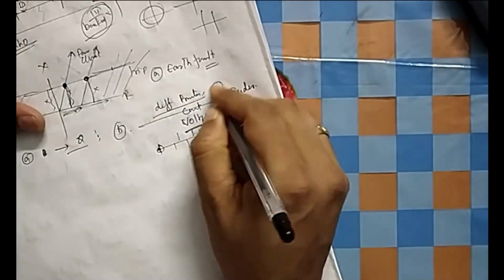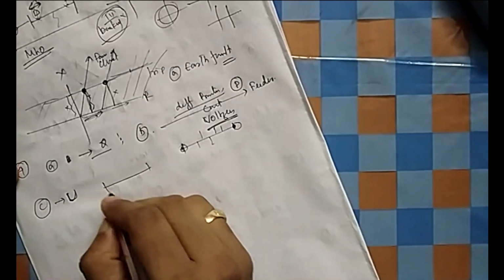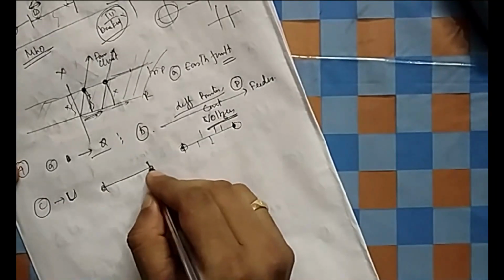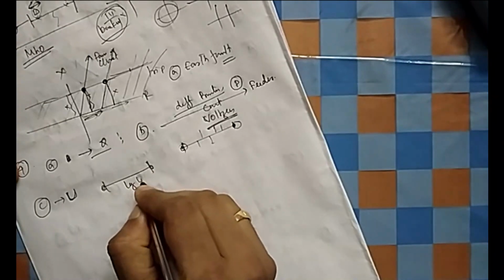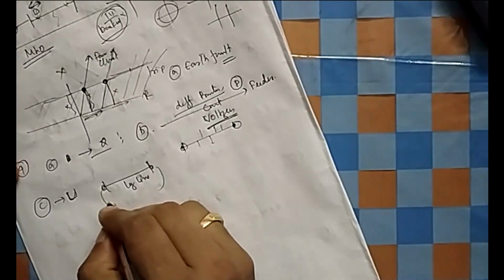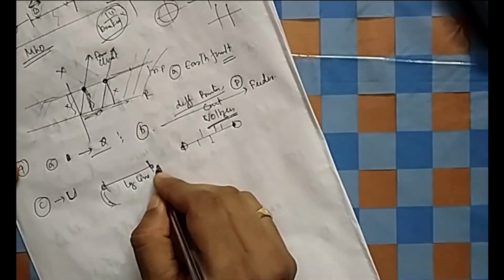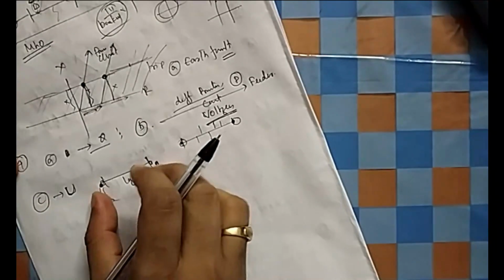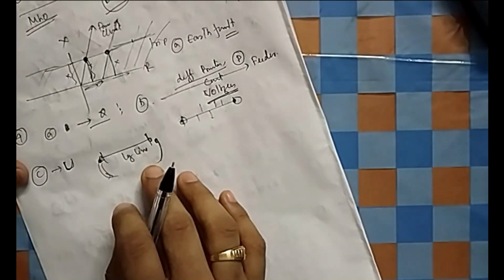That is for P. Now see what is carrier current phase comparison relay. Carrier current phase comparison relay is for long overhead lines, that is for U, because it is again differential protection, but as the line length is very high, a carrier communication is required to communicate between this current and that current. There should be a communication, then only you can compare, otherwise how will you compare? So that's why carrier current phase comparison is only for long overhead transmission line application.